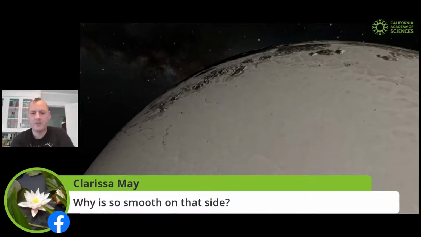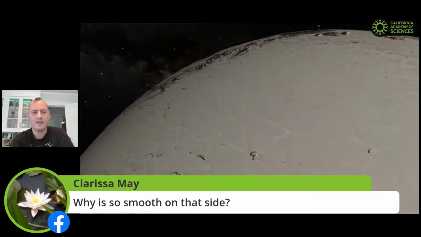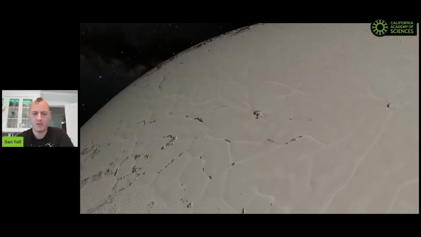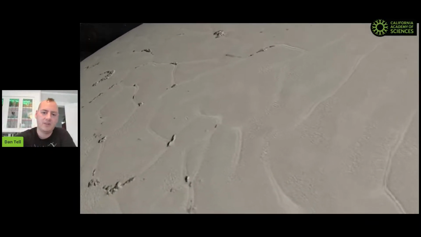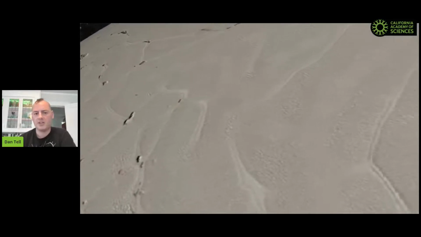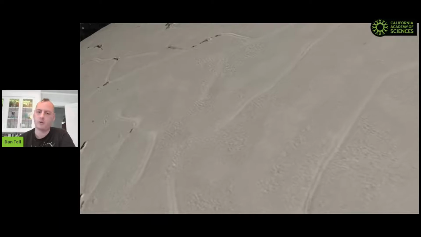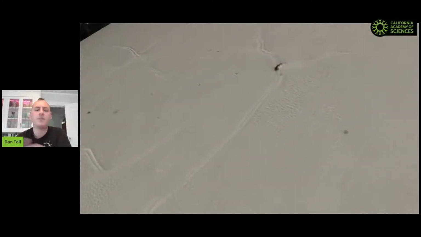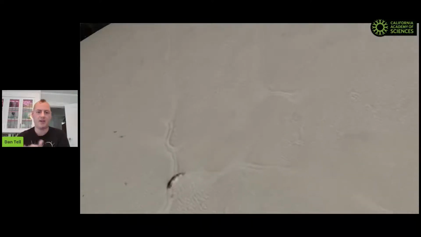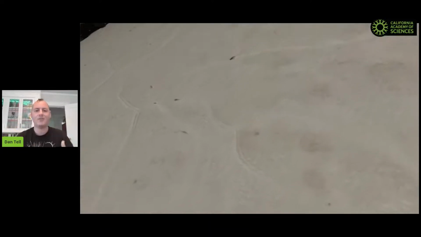Now, what's kind of cool about this too is nitrogen ice, although a solid, doesn't have the same consistency as water ice. It's more like the thickness of toothpaste. So it's still like a little bit gelatinous. And we can see in the smoothness, there are these like hexagonal patterns, which if you've ever taken a cup of hot coffee and dumped some cold cream in there and watched, you might notice these hexagonal convection cells of cream rising up as it warms in the coffee. That's what we think is happening here on Pluto. We think Pluto has some internal heating, either through the gravitational interaction with Charon or the decay of radioactive elements, which is keeping the planet slightly warmer near the core, causing a convection of this toothpaste-thick nitrogen, forming these hexagonal